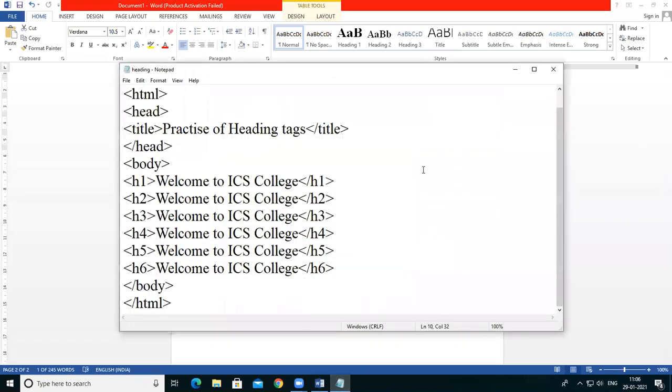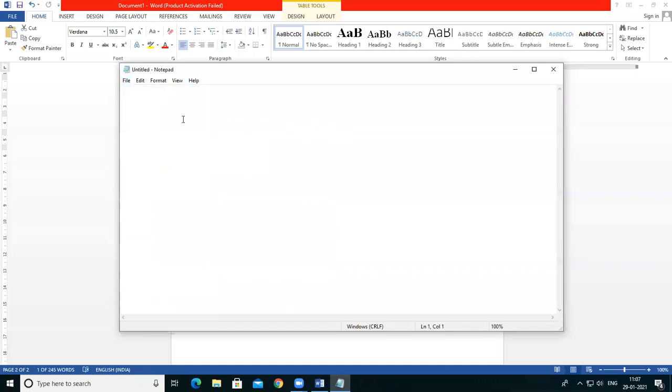Okay, so take a new file. See, exclamation mark, doctype, HTML.